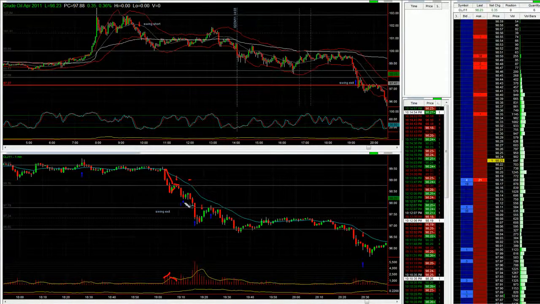Especially with the 98, and we were holding there. Although the range was still quite high, you had to still sit through some choppiness. Push lower, and also the 98 was here, but the gap was at 98.10. If I remember rightly, the close from yesterday was at 98.10. So that was a lovely little trade. That was when I took the first exit, looking for the further flush. That was my swing exit.